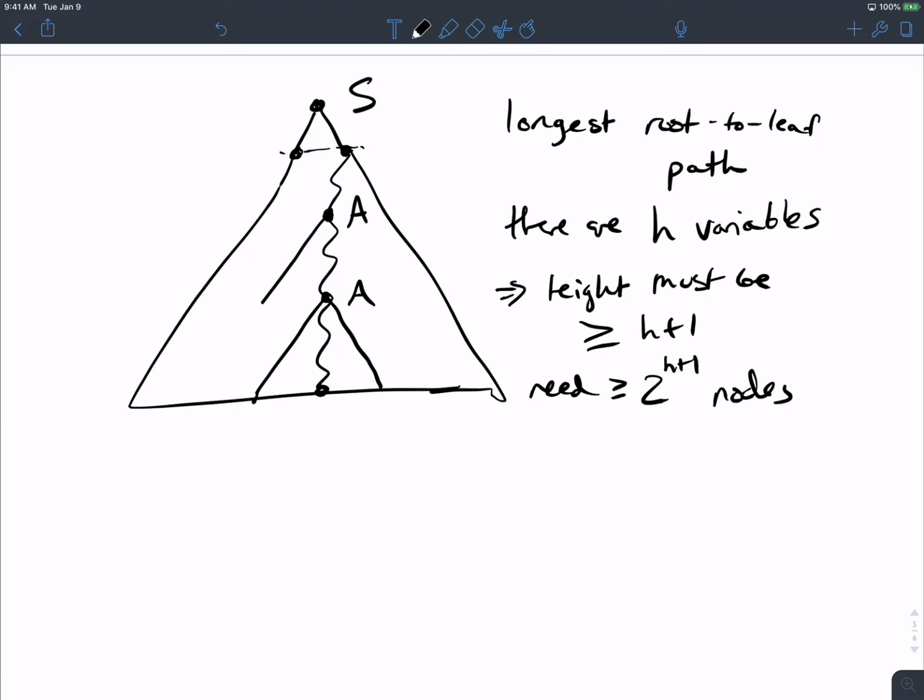So the top A is going to generate more of the string because it's higher up on the tree. There's actually a more precise reason why that's true, but you can see that because it's higher, it must generate more.